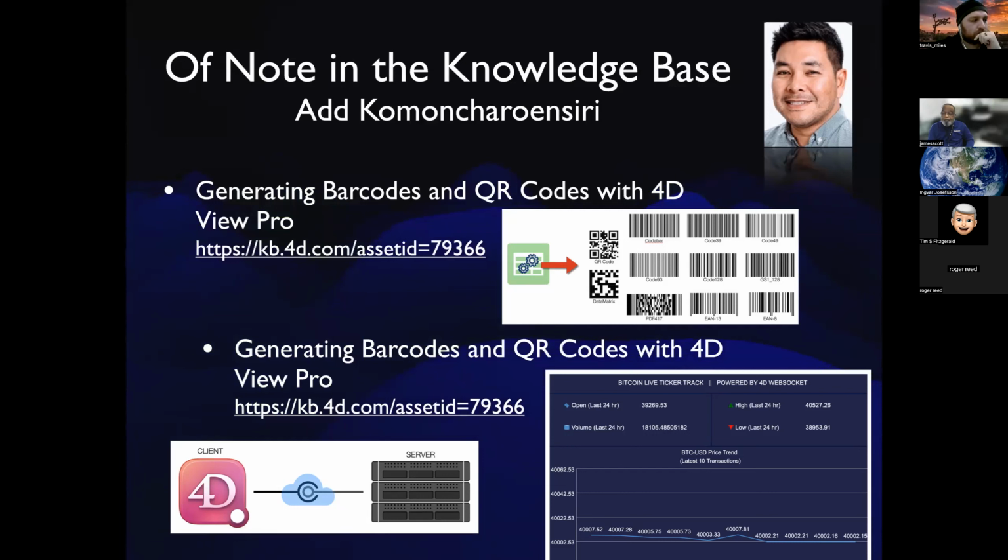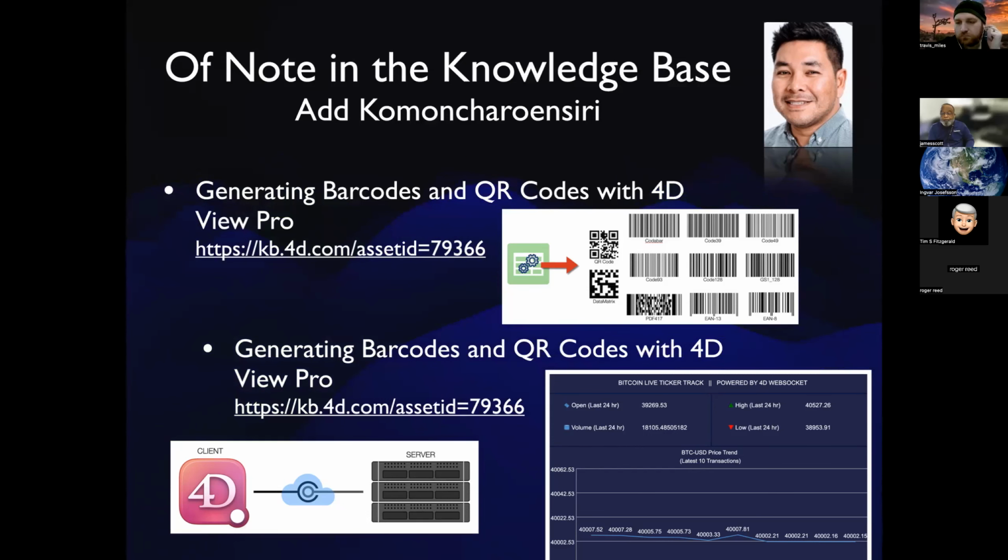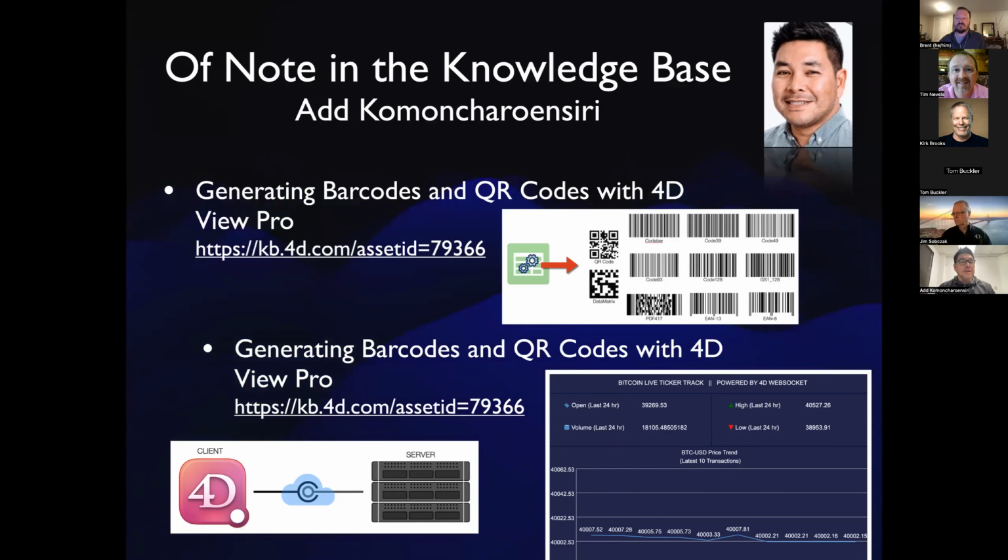So the Technote was using an external framework. It's an open source JavaScript library, which can be executed from within 4D. Now that we have the feature built into 4D View Pro, I think native is always better. We know that this is going to be something that we're going to support and continue to support for many, many years. So 4D View Pro can now offer you several barcodes and QR codes to be generated